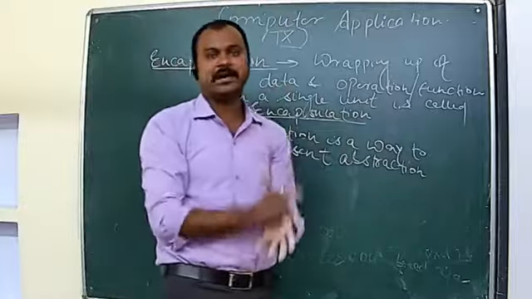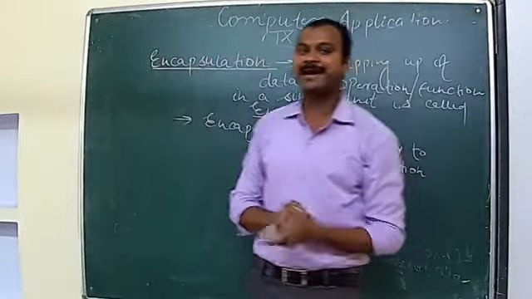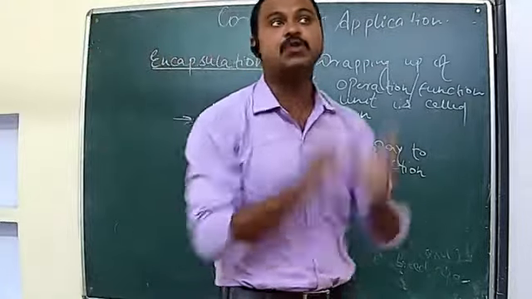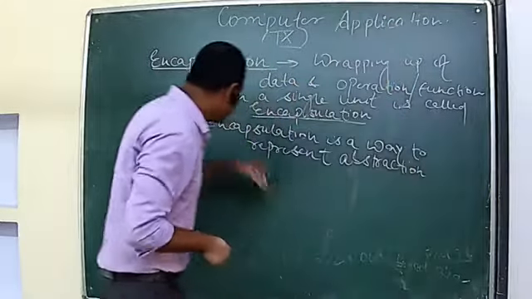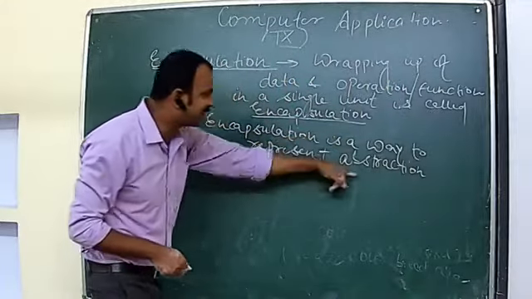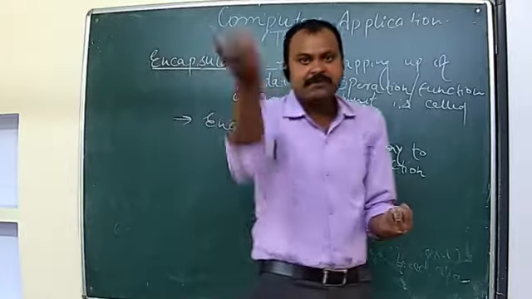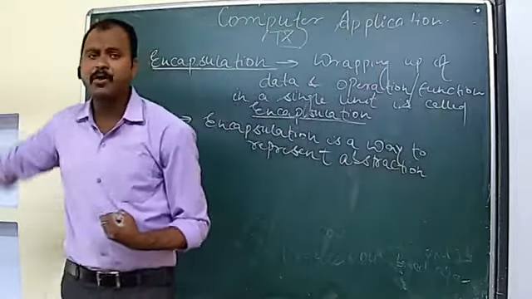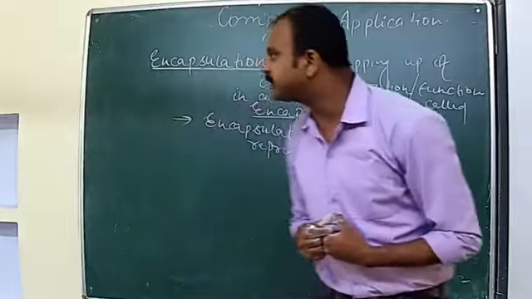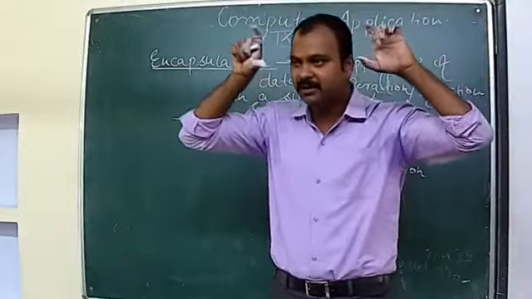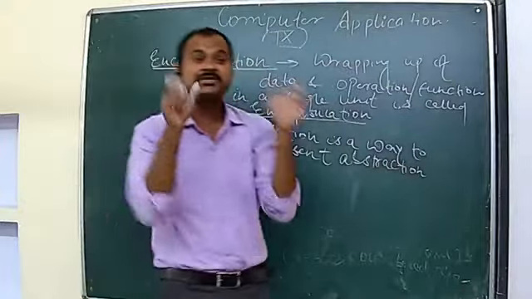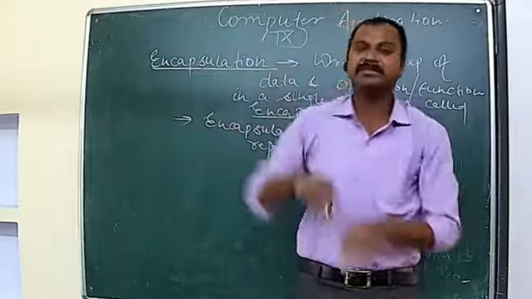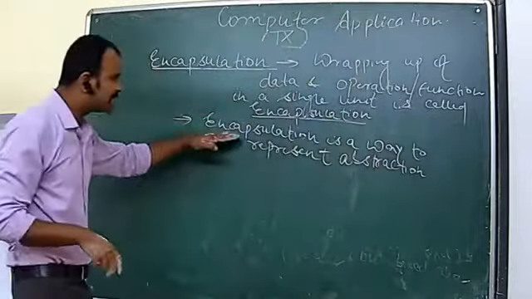You can take the example of a fan. In this fan, it is just encapsulated with different outer layers, and that's why it is called encapsulation. It is a way to represent abstraction. If you hide something, definitely it will display something also. Like if we talk about a switch board, we have hidden the wires and the circuits inside the switch board. So if we are hiding something, we are displaying something. So that's why it is called encapsulation, a way to represent abstraction.